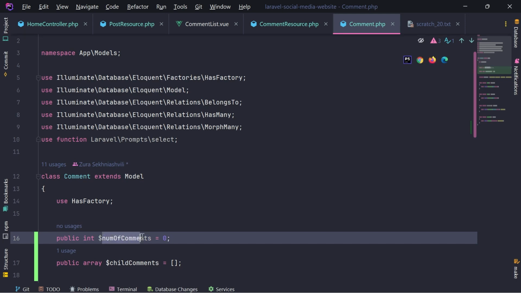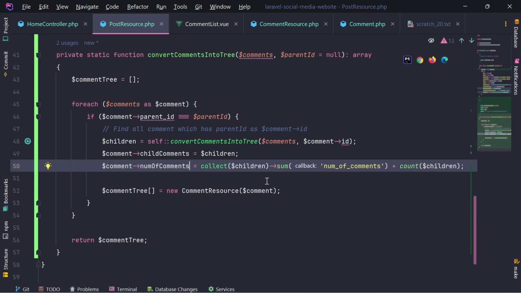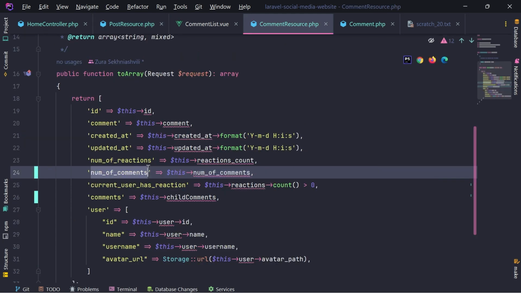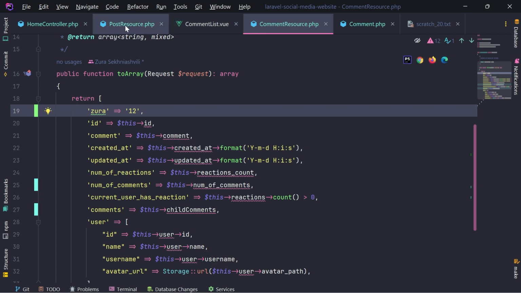This is probably how Laravel resources are working. I'm going to set this here. Okay, and then when we convert this array of resources into a collection and we call sum, this num of comments does not exist on the model. Okay, I thought that we are getting the properties from this resource, but no. Even if I add right here, let's say Zura to be the key and the value to be something, okay, if I try to get that Zura